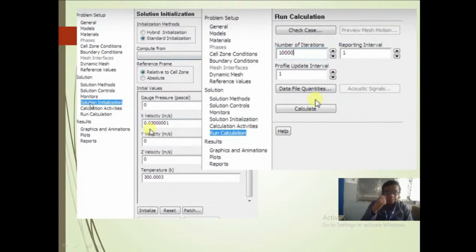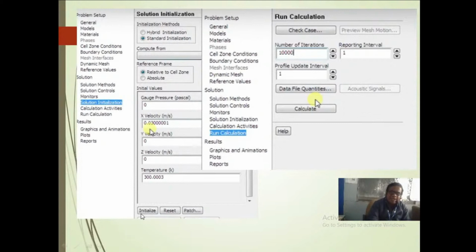Then solution initialization. In solution initialization you need to define where we need to start. You can compute from inlet. If you click here, you get the list of your surfaces, say inlet, and click on initialize.